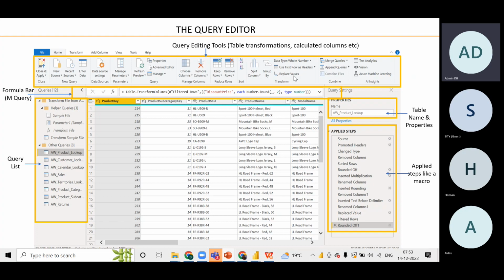Then there is the option called replace value, wherein, let's say, sometimes we do, wherever there is zero